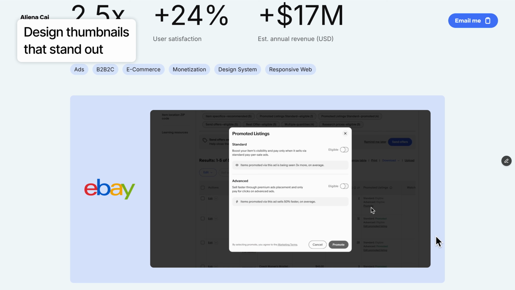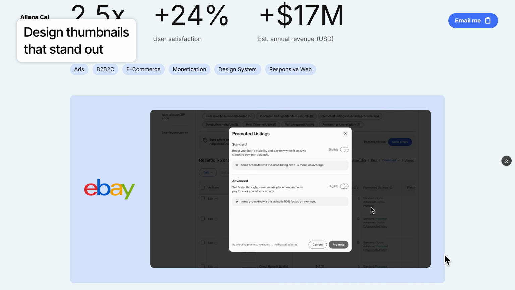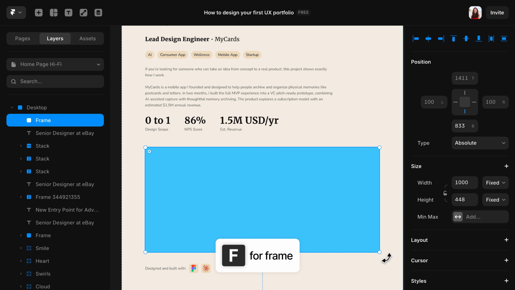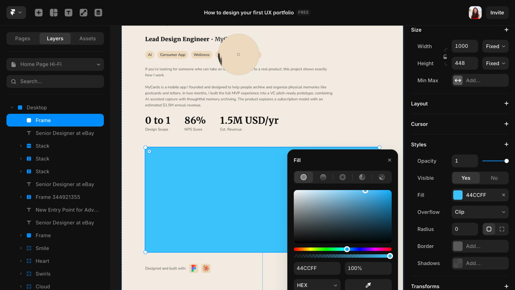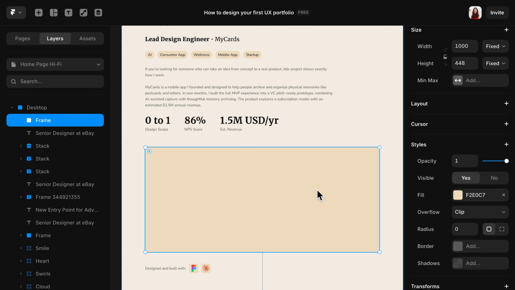If I have to pick one visual element that matters the most for your portfolio homepage, it will be your project thumbnails. These thumbnails show your UI skills right away and how well you can package your work into something clean and effective. To create your thumbnail in Framer, press F to add a frame. Set a background color and design your thumbnail inside it. Designing your thumbnails inside Framer will allow you to add motion effects directly to them later on.